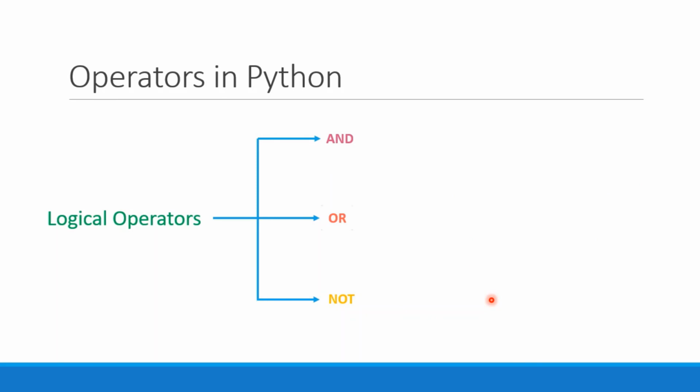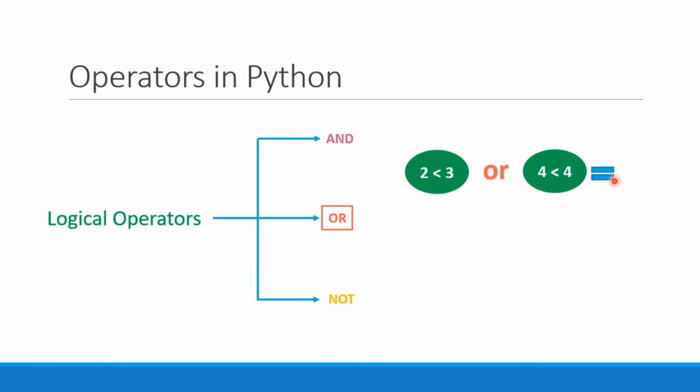Let's see what the OR operator is. In the OR operator, it checks only whether one condition is true or not. If one condition is true, it will give you the true answer. For example, I have one condition as 2 is less than 3, and then I have another condition 4 is less than 4. And we perform the OR operation here. You just simply write this OR and it will give you the result. Here you can see that the first condition, 2 is less than 3, is true, and the second condition here is false. But here we are using the OR operator, so we will get the answer as true.